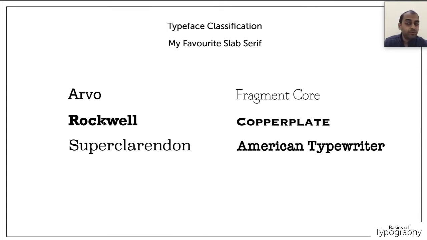And coming to Super Clarenton, it has this serif look to it, so it looks really great in body text also. And for headings and subheadings, it can be used, because it is not that thin, but still it is not that thick either. Using it in caps looks really good in headings, but in small caps it doesn't look good. Maybe you can come up with some innovative way to use it, but based on my inferences, I am telling you that Super Clarenton looks good in body text.